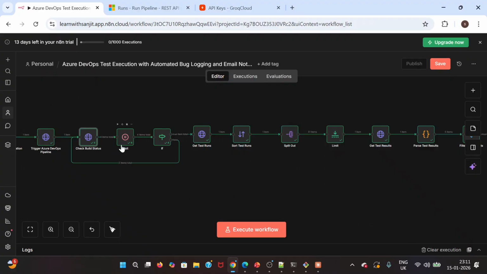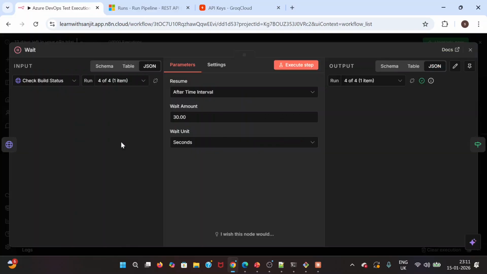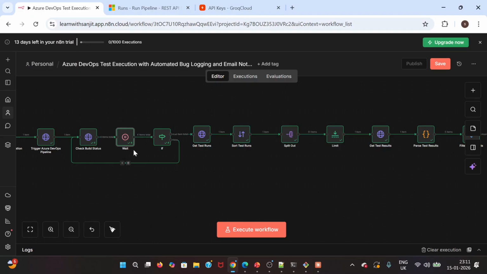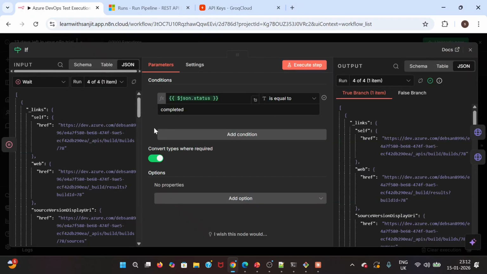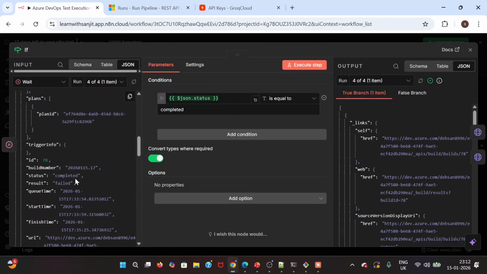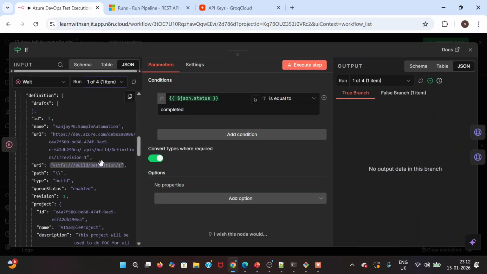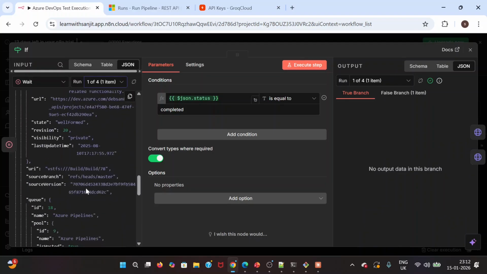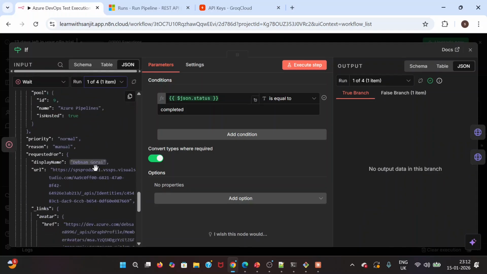After that we wait for some time. I have given 30 seconds. Once it checks that status, again after 30 seconds it will check whether the status is completed or not. And in this if loop we check the status, which you will see here. If you see the first run, I'll show you, at that time somewhere you will see that